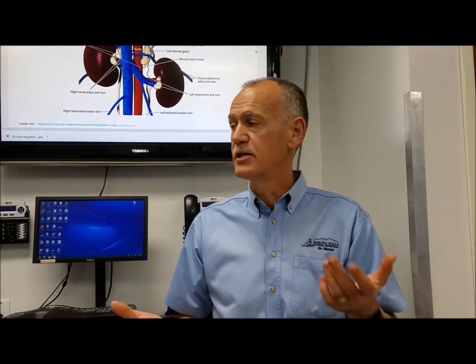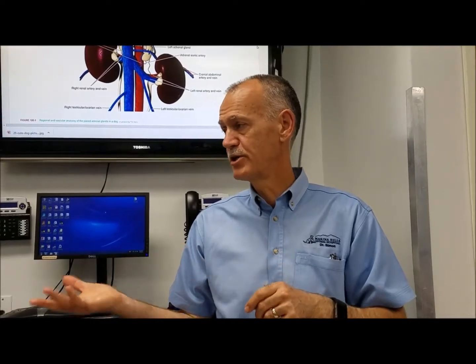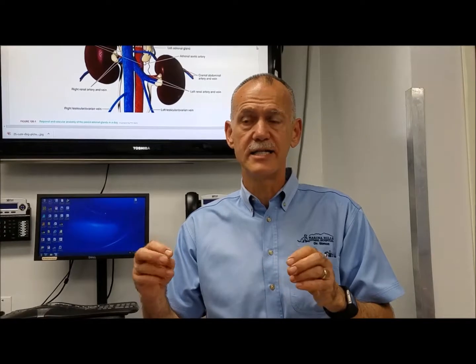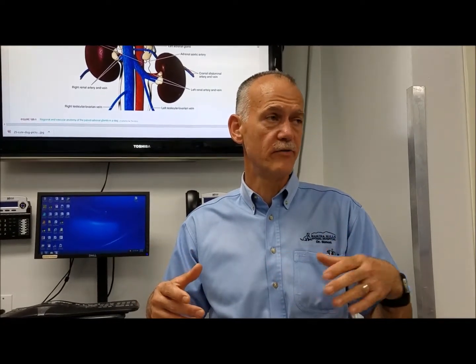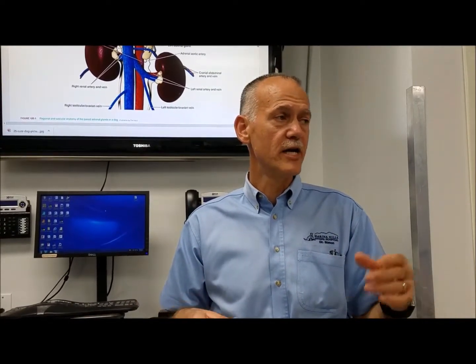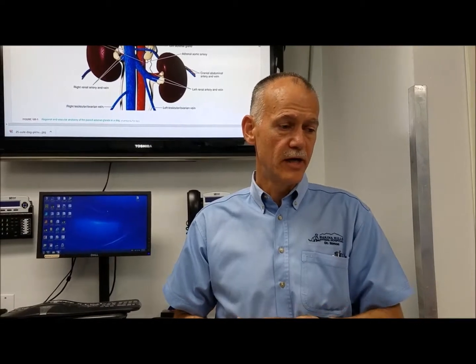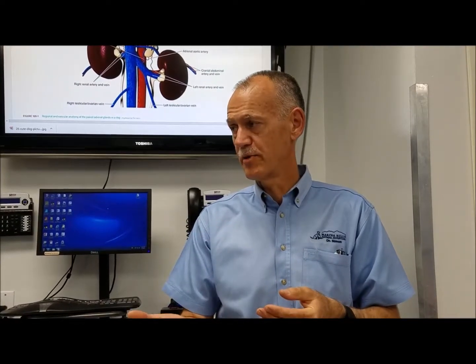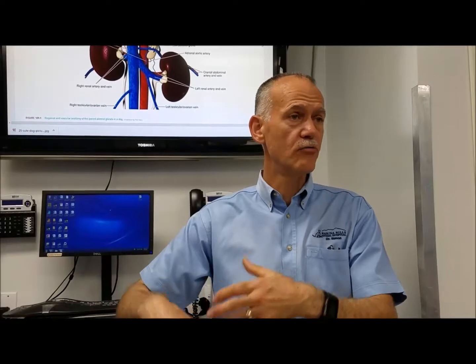As a clue to figure out where to look, I looked at the omentum. The omentum, you've heard me say before, is like the dish rag of the body. That's this light, lacy, fatty structure that comes off the greater curvature of the stomach. And if there's ever an area of inflammation, the omentum will go to that area of inflammation and stick to it, increasing the blood supply. Well, it turns out that the omentum was stuck in the dog's upper right quadrant, near the area of the